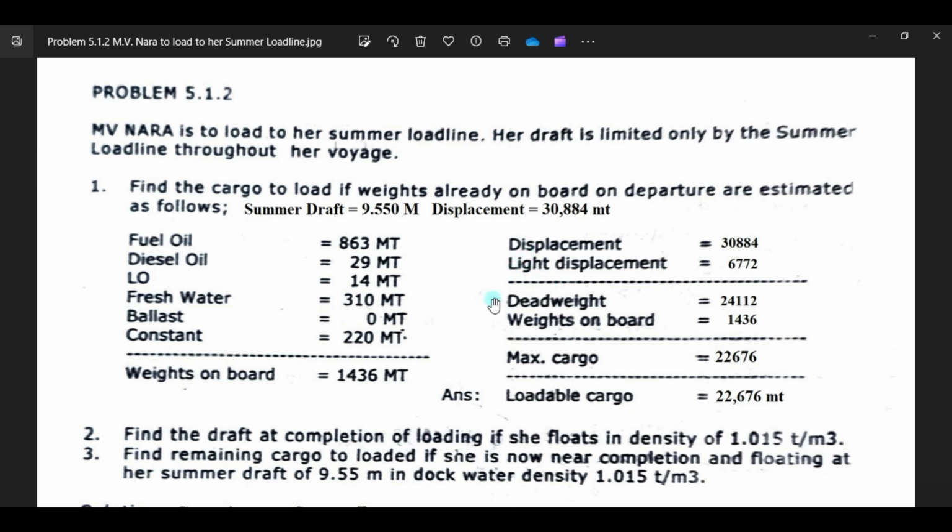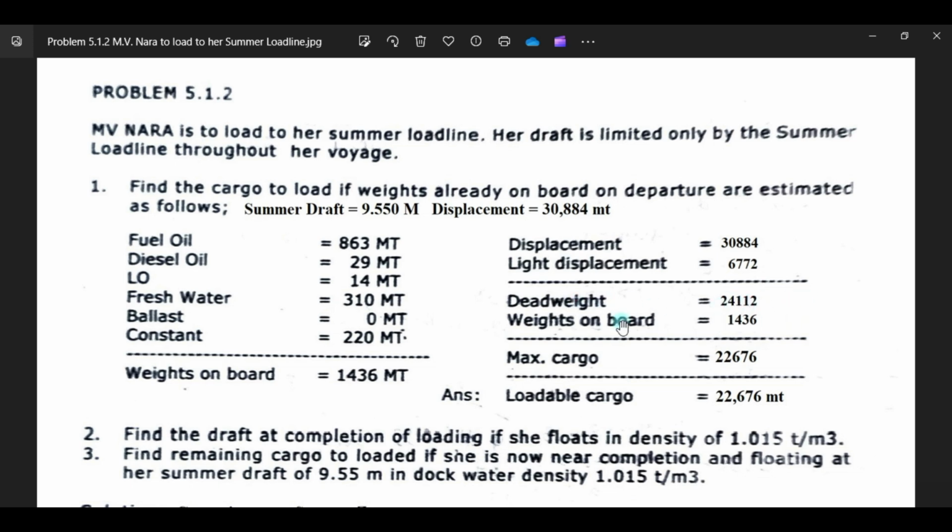So you will have to compute for your maximum cargo to load. With this summer displacement of 30844, you put it here, and your light displacement or light ship is 6772. You subtract it from your displacement, then you will have a deadweight of 24112.